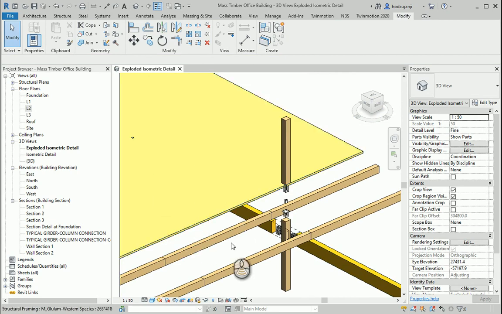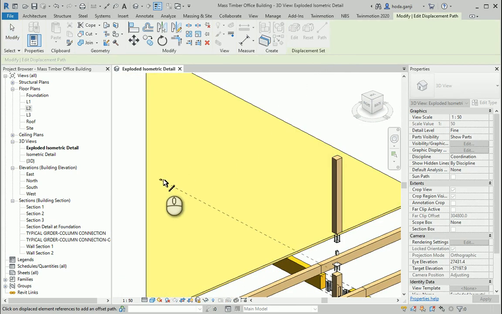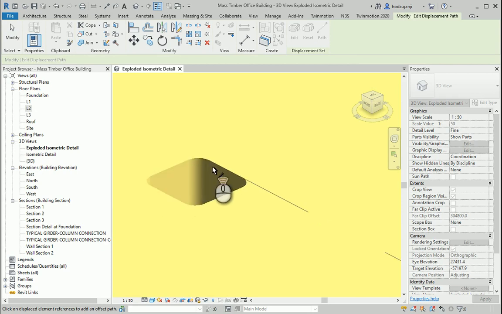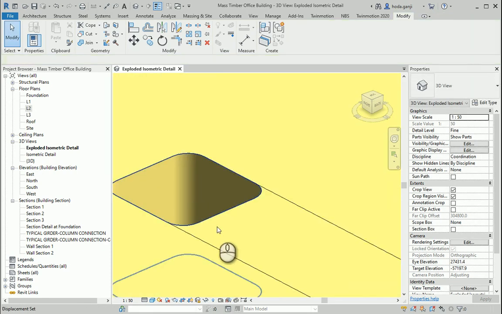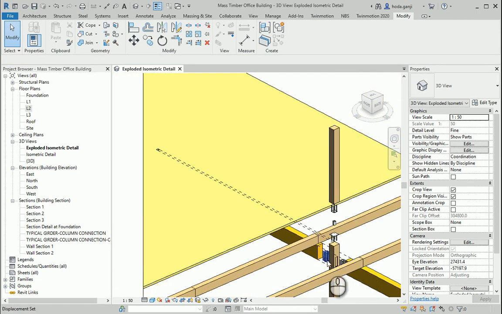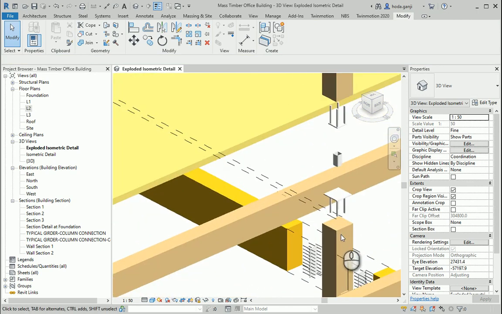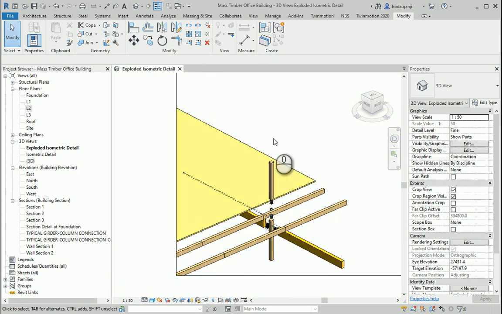How about that floor? Let me see if I can create a path around that hole. So one here and one here. Okay, that's good. Okay, it shows the hole on the floor.